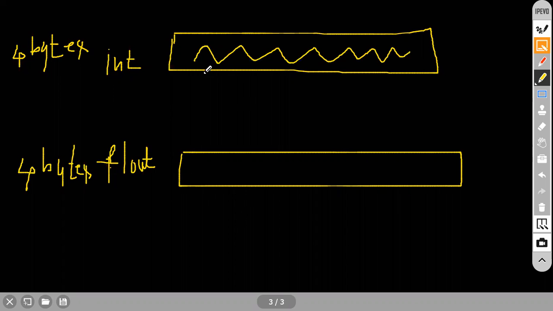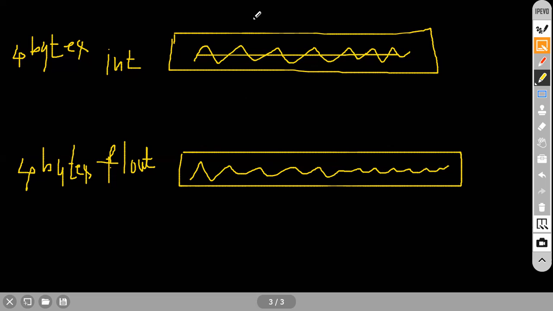Whatever you stored in this memory, I am going to take it and put this integer into this particular memory here. Do you think any data loss will happen here? Guys, you tell me, will any data loss happen?